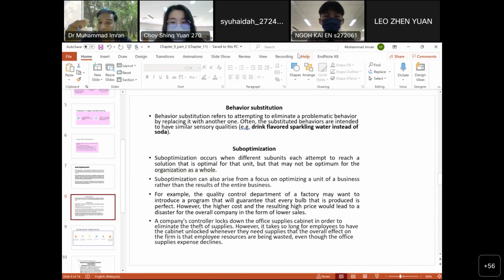But why is the company giving them a reward? Because they can repair the maximum parts, but they're not repairing a product, they're just giving a bill, a repair bill, and getting the reward, getting the commission. Even if they repair the product, it is not in good quality. This is the substitute behavior, that their behavior is changed due to the reward. Understand? Another one is sub-optimization.